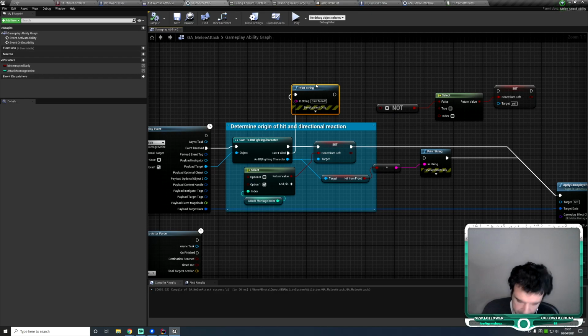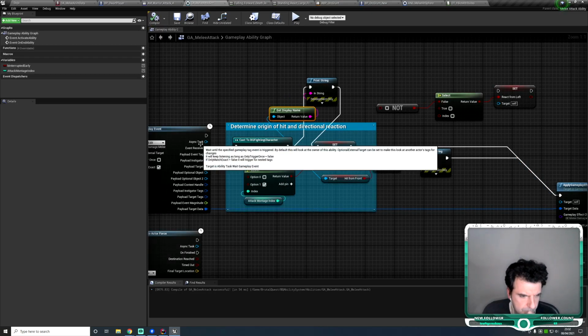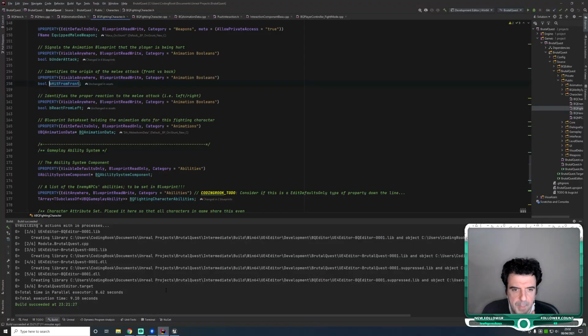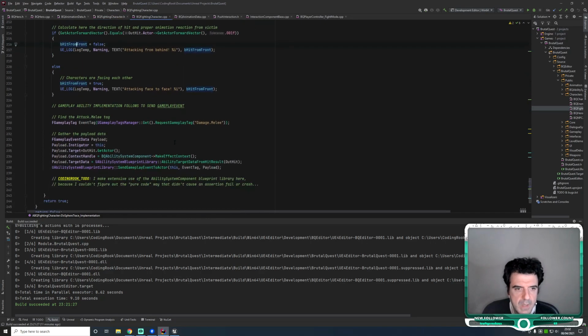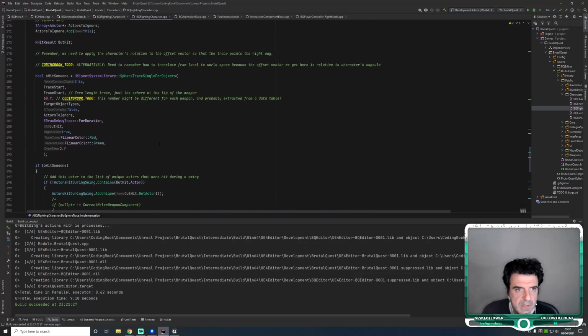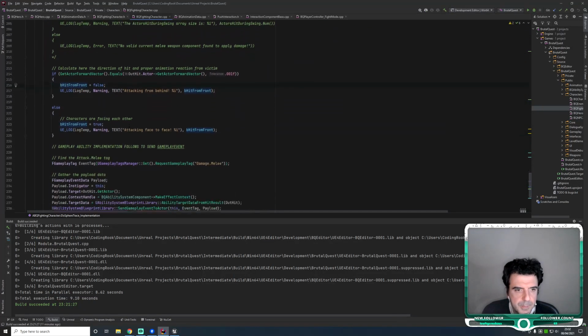Let me print the name actually. Yeah, it happens with the ability system. This code does some sphere tracing basically. And when it hits somebody,